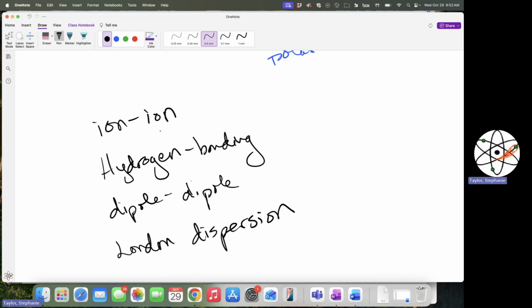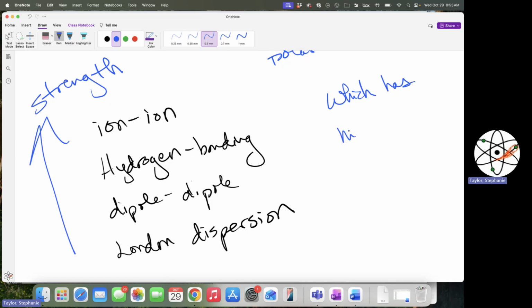Now, here's the deal. I know ion-ion forces, you can make the argument that an ion-ion interaction is an intramolecular force as opposed to an intermolecular force. The reason why I went ahead and put ion-ion on the list is because if I ask you which has the higher boiling point,